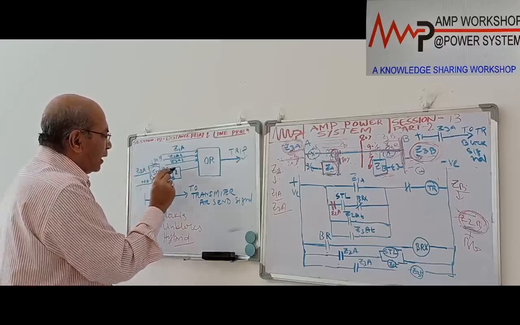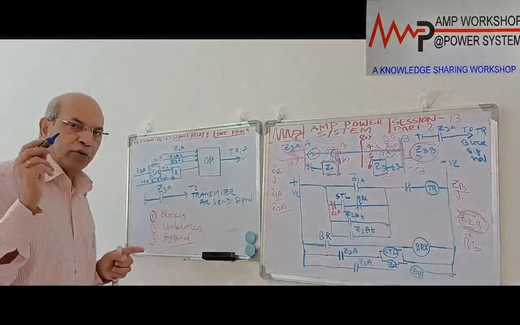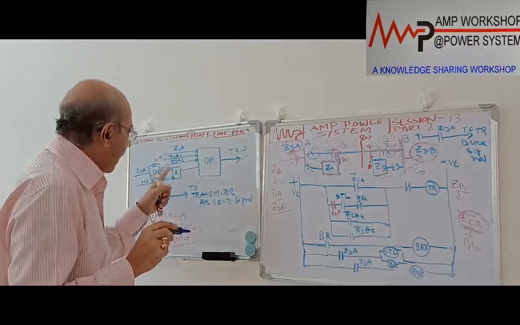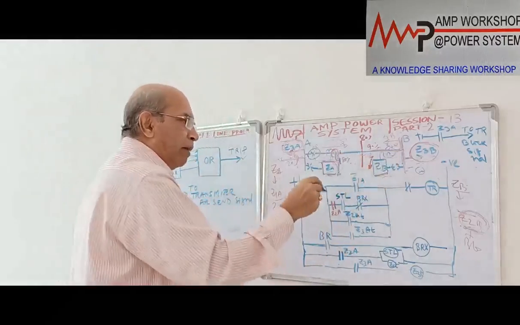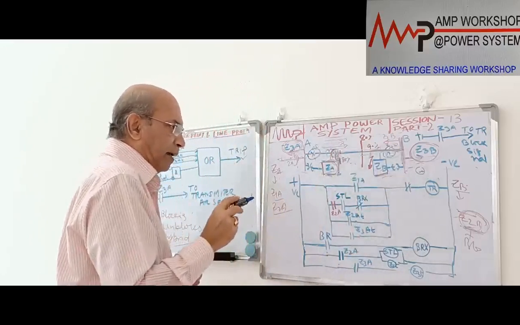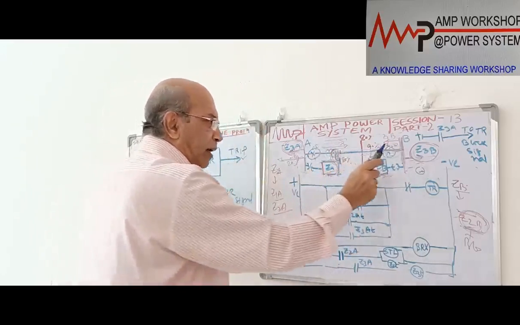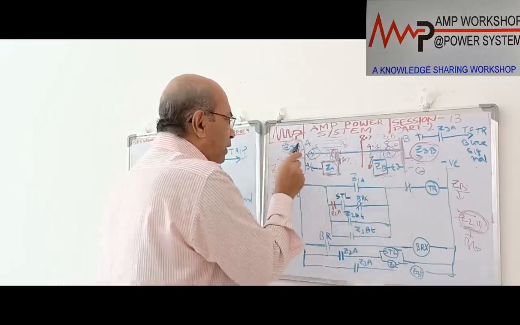Then it will give a signal to the gate. That means zone 2 has operated and 25 milliseconds has elapsed. At that time, another condition: zone 2 element has operated and 25 milliseconds gone. We have given the time for signal receiving over here. At that time, there are two cases. Either the signal can come over here or the signal may not come. If the signal comes, that means this has not operated.